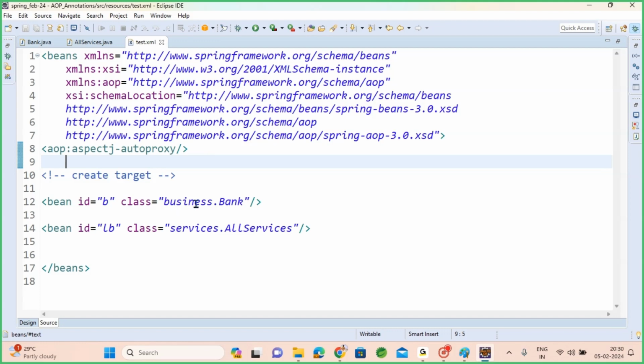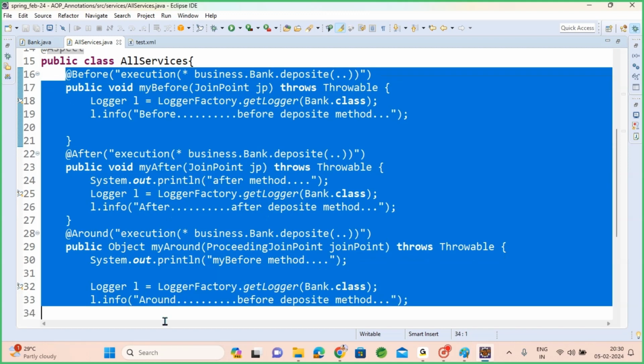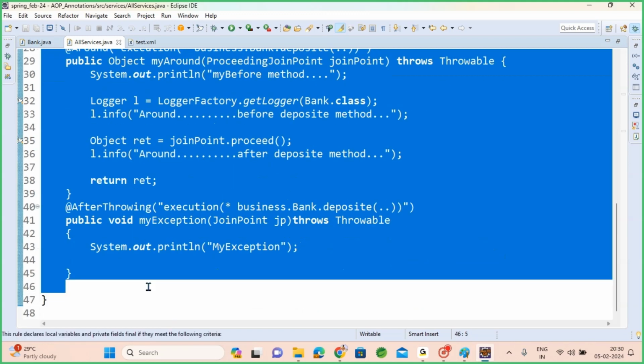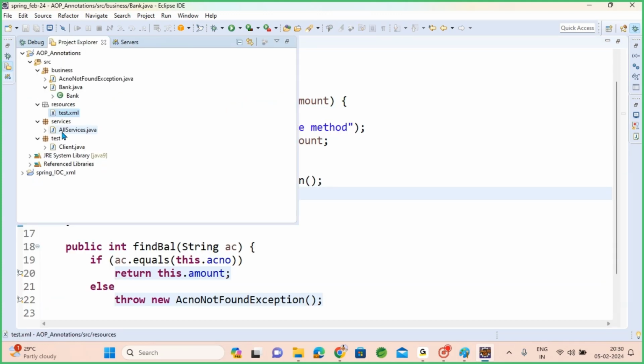So how will the IOC container take care of this? If it finds any class with this aspect, it will understand that all these are your advices. Based on your given conditions, it will apply those advices to your business methods on the fly. So if you see the client now,